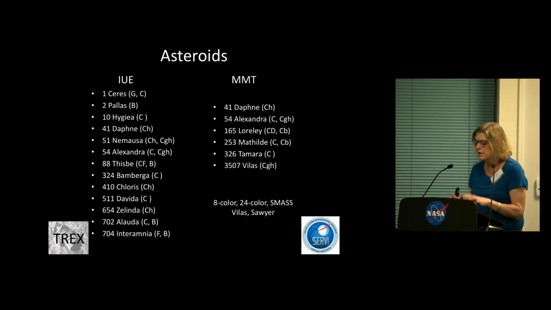In this case, we're talking about the C-complex, or the primitive or dark and presumed primitive asteroids that we have. We looked at the C-complex asteroids that were taken by the IUE back in the 1990s. These are older data. They have less spectral resolution, slightly noisier, but I think they're still usable for this, and I'll show you why. We then followed it by, I got six spectra of 6 asteroids with the MMT because